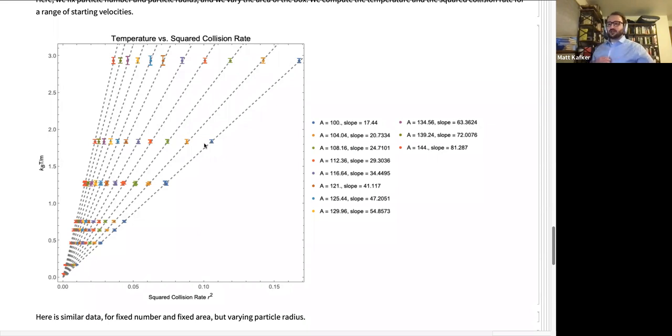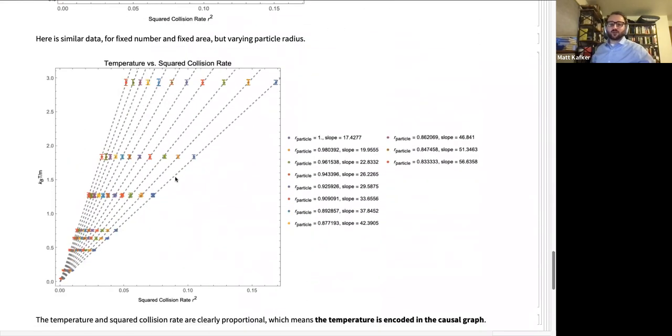So the idea is, is there a linear relationship between temperature and squared collision rate? And this plot says yes, and it holds for a variety of densities. And we actually know the precise value of the slope here. And you can vary the densities in a different way. So this is exactly the same plot. Temperature over here, squared collision rate over here. Confine your attention to one of these lines. We run a bunch of big simulations, and we get the relationship between k_B T and R squared. And then we increase the average initial speeds and do it again. So these are linear trends for a range of densities.